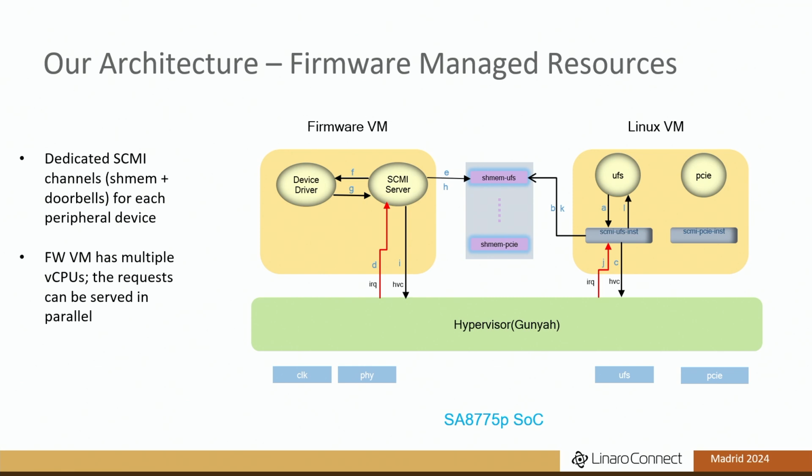And on the right side, we are showing the Linux VM, which is acting as agents. Now, the thing that I want to mention here is that we are creating separate SCMI channels for each device in Linux. So, for example, UFS has its own shared memory, its own pair of doorbells, RX and TX. RX doorbell is nothing but IRQ and TX is HVC,